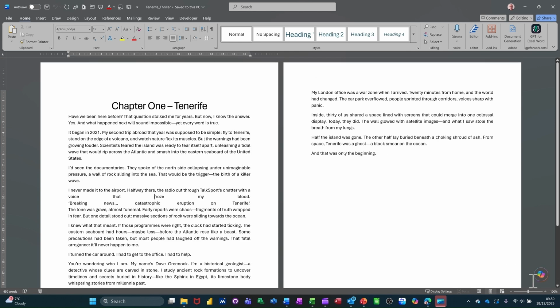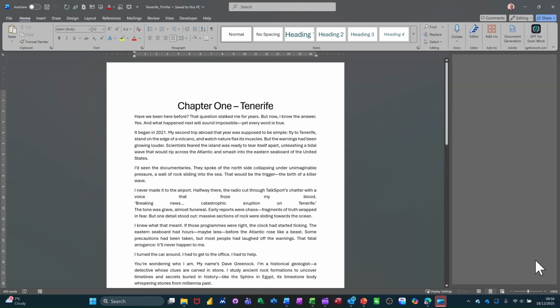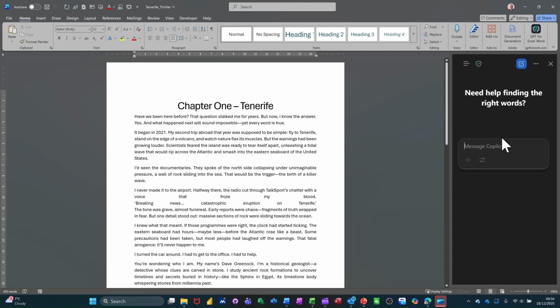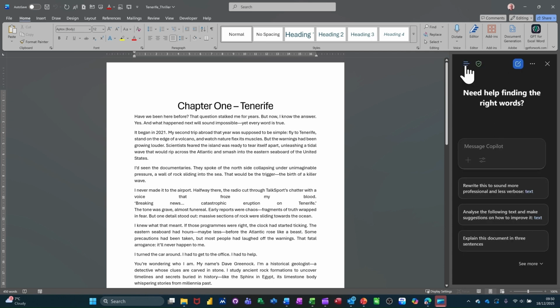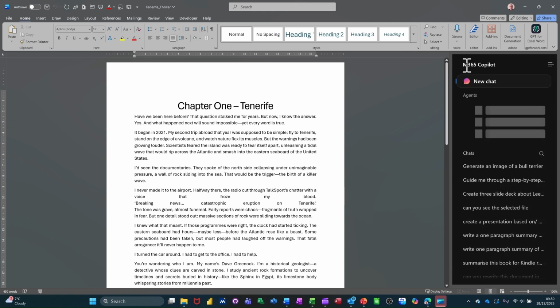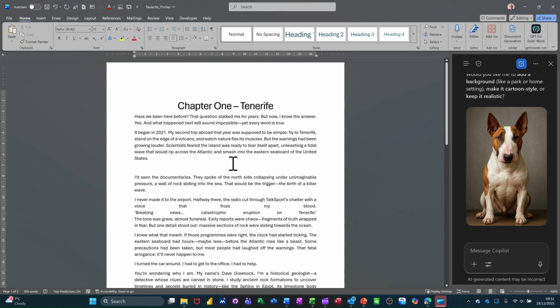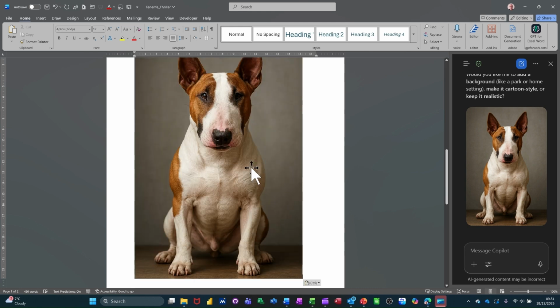And if I click on Copilot again, it should remember what I've been doing, and you'll see the list coming up in a second. If I go and select the navigation pane and pick the Bull Terrier option. So there's a picture of the Bull Terrier, and then I can copy that one and stick that wherever I want it in here as well. So you've still got access, even though I'm in a new document, of the same features that you've been asking questions about